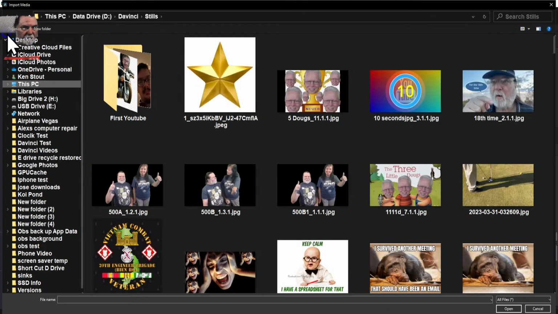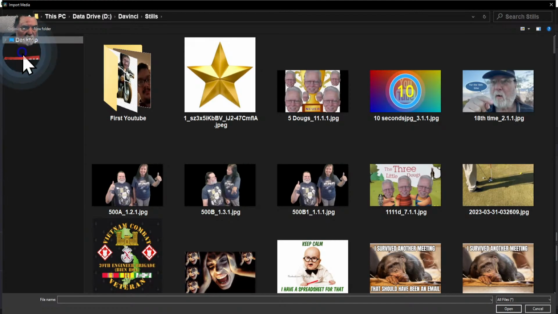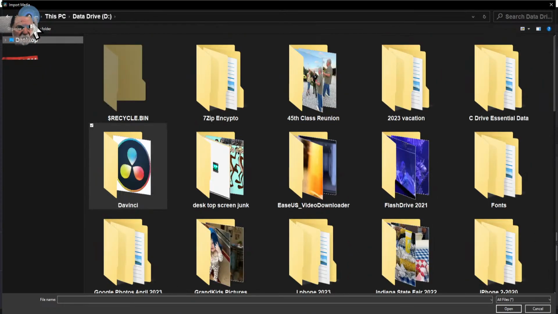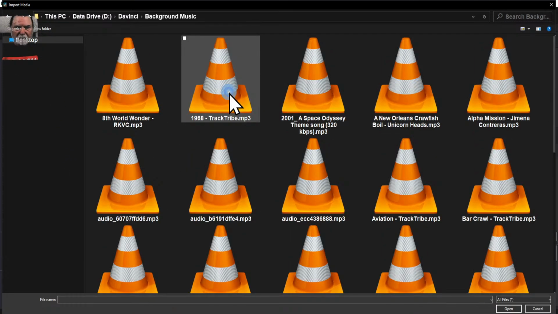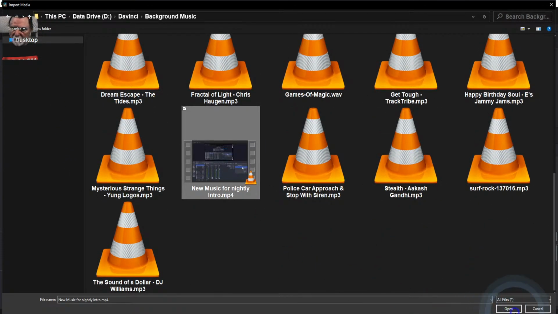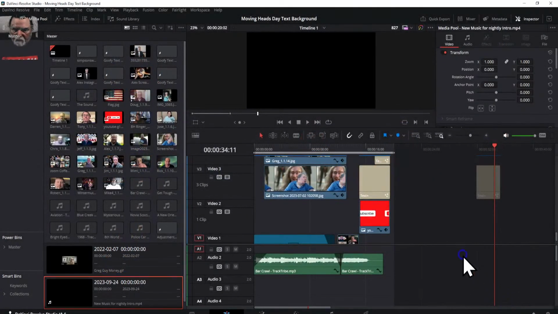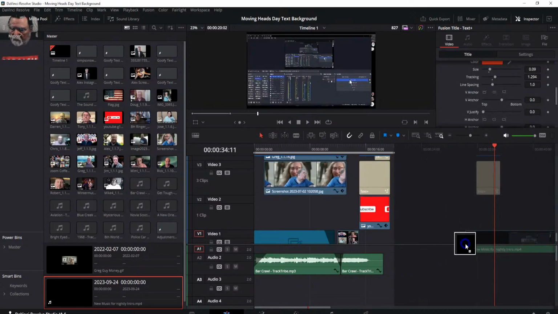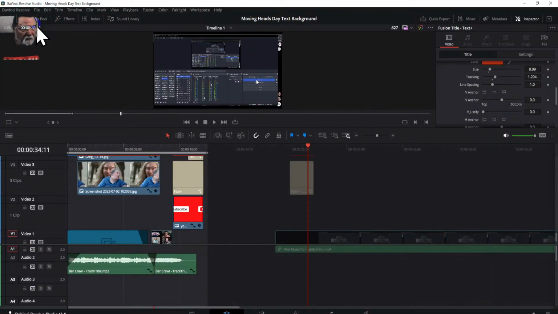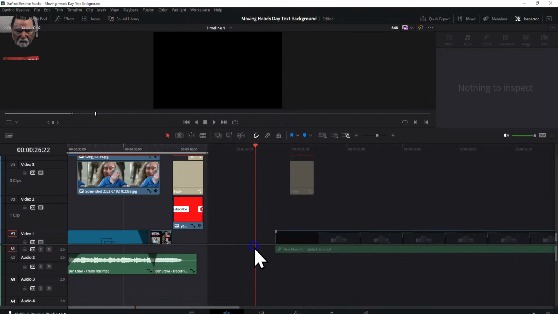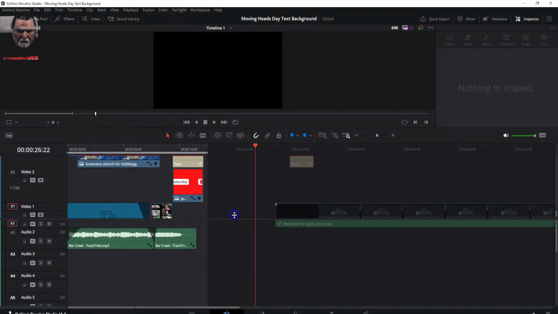Okay, why is D drive not showing up? This happens occasionally. So I know it's in DaVinci, I know it's in background music, and I know it happens to be that video, which is going to change in a moment. Now I'm going to drag it over to here. Oh, now I have audio. That's what I wanted. Now I can close the media pool, and I have what I want, which is the audio track. And it automatically bumped this one down to 2, which is fine.